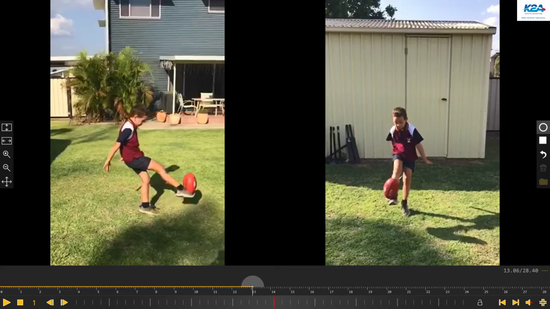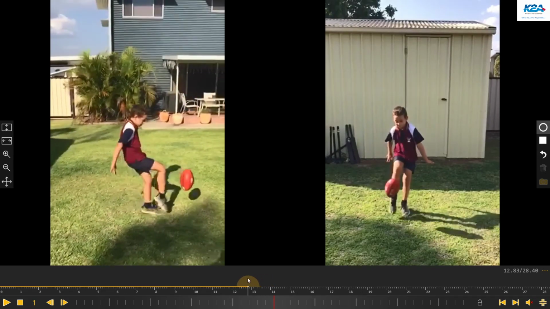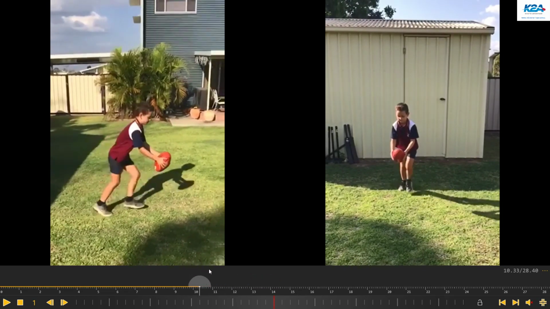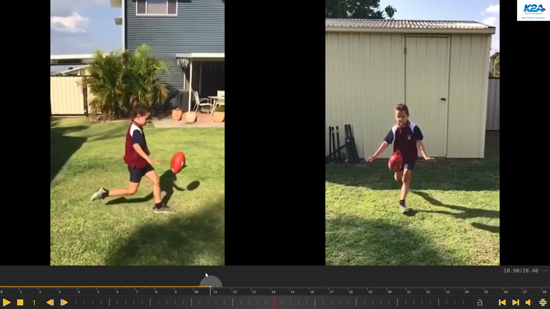If we watch the ball here as it comes off the foot, watch the spin. It doesn't spin the right way. It doesn't spin at all. Okay, so what we're going to work on with young Stephen here straight away is we're going to focus on